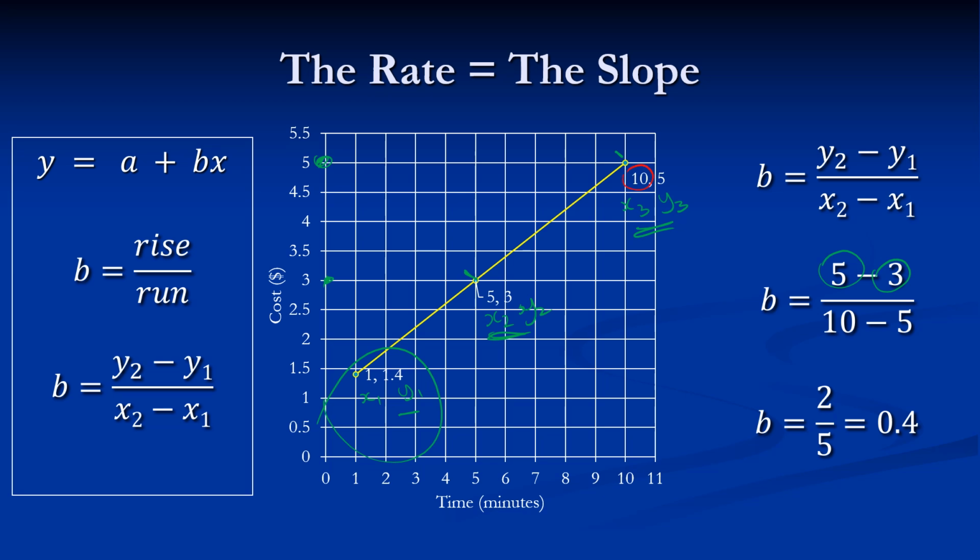So here's our x2, here's our x1 for this case, and so it's 10 take 5. So we're going to get a slope of 2 over 5, and if we convert that into decimals, that's 4/10. So we can say that the slope of this line here is 4/10, and remember we said that the rate was 40 cents a minute too, so you can see how that relates directly to this line on